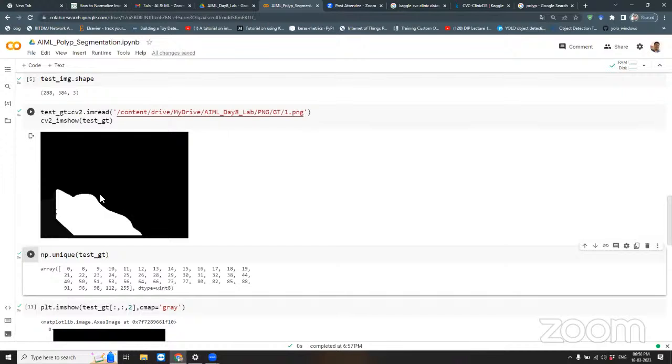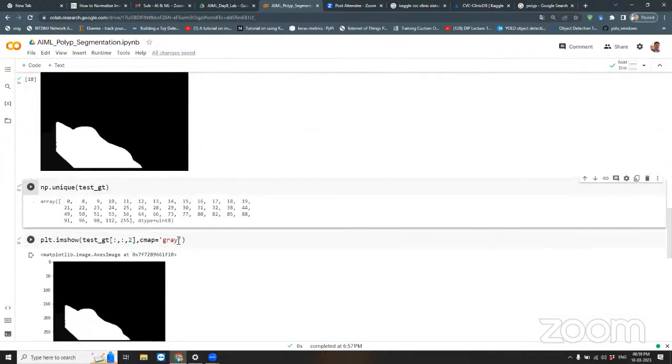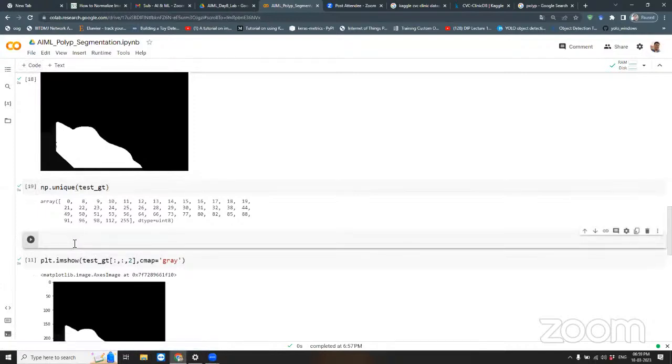Binary mask means there will be only 2 pixel values, either 0 or 255. When this image is converted into a floating point image, you will divide it by 255, so there will be 2 values, 0 and 1. How can we do that? If I write the code like